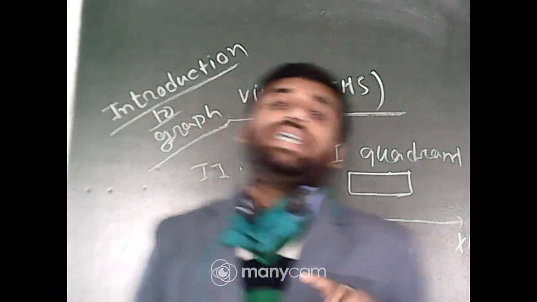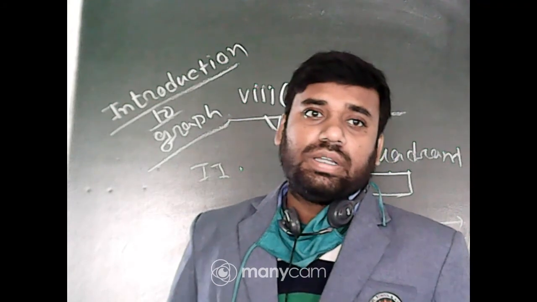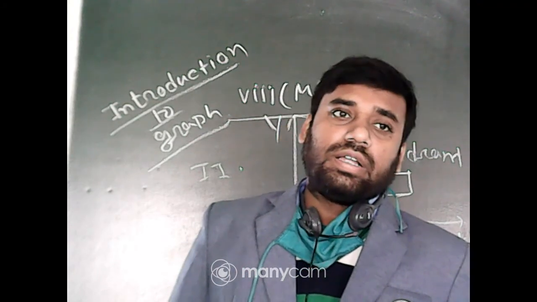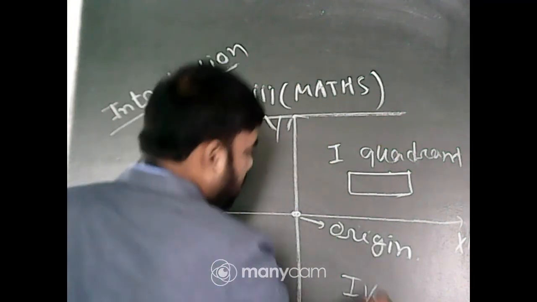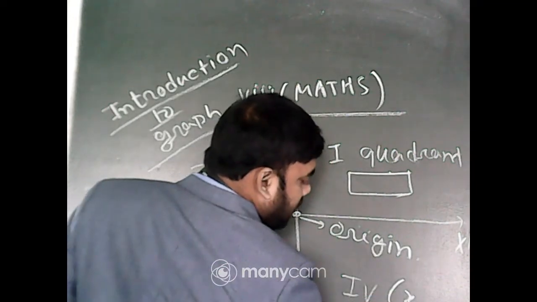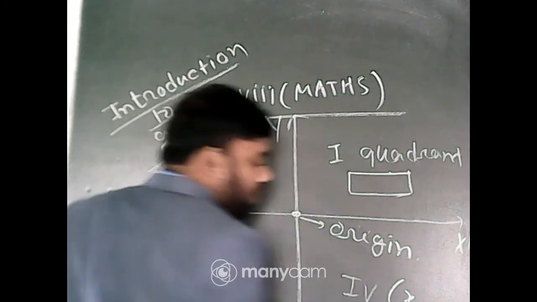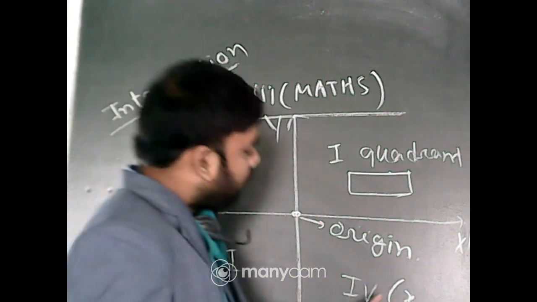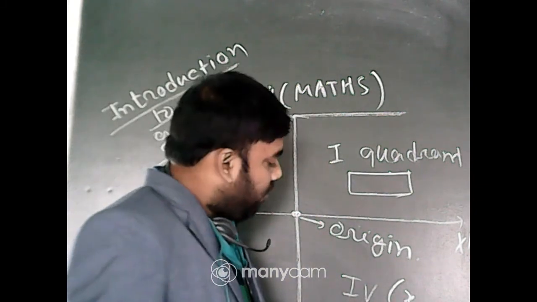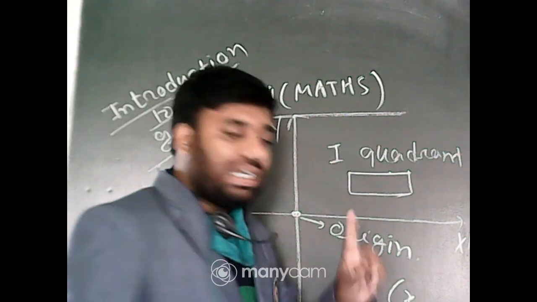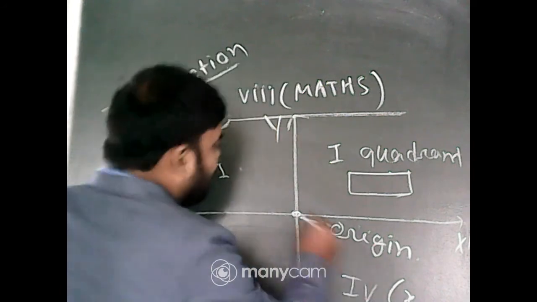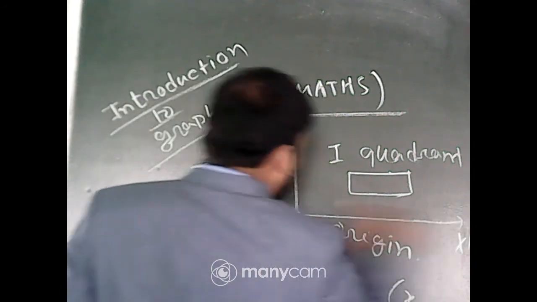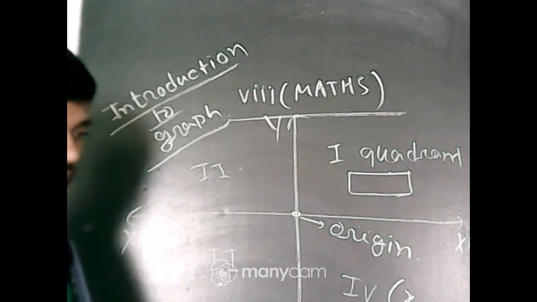Any coordinate on a plane has 2 terms: first the x coordinate, second the y coordinate. For any point, first the x coordinate and then the y coordinate, because it is 2 dimensional. First dimension, second dimension. Along this side is the x-axis, along this side is the y-axis. Got it?